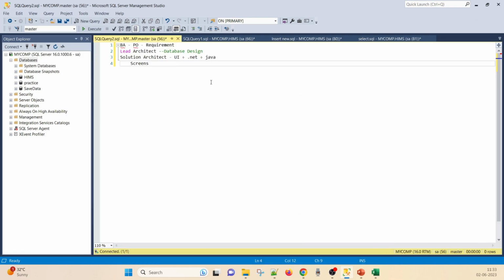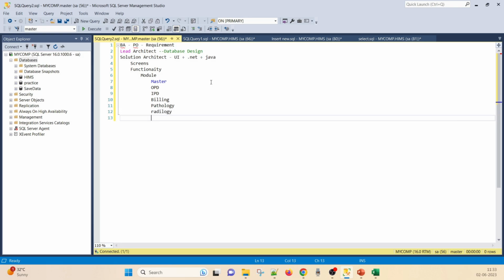First of all they are identifying the functionality. Functionality means there are some modules: we have to design the master, then OPD, then IPD, then billing, then pathology and radiology,